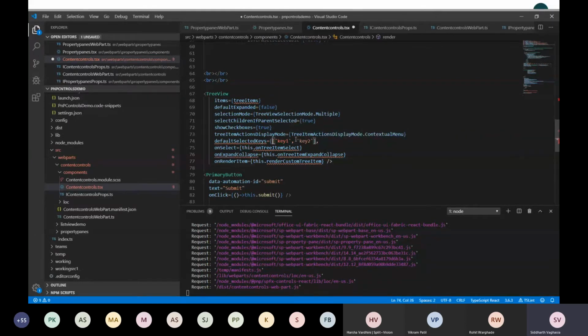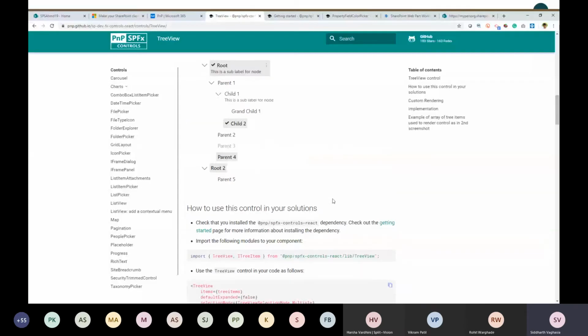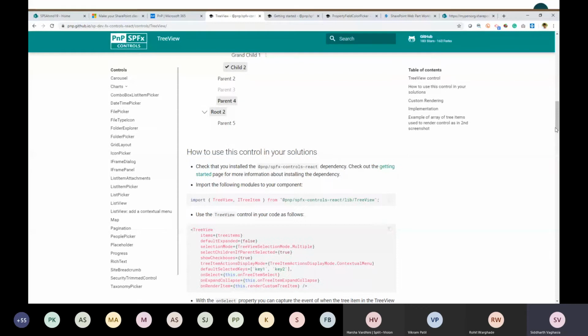Here is a small documentation error. What you have to do is, this property, default selected keys, will allow you to put the selected items by default on the page load itself. Then these are some of the events which you can override. I don't need on render item, so I'm going to remove this, but let me use on tree select.